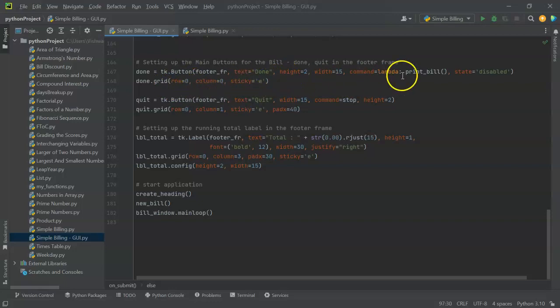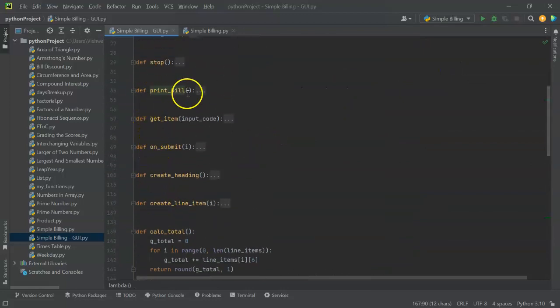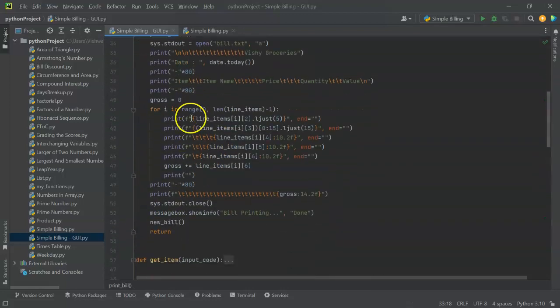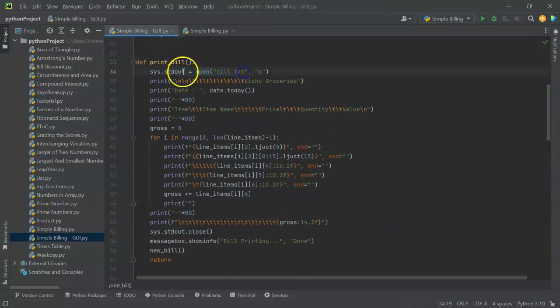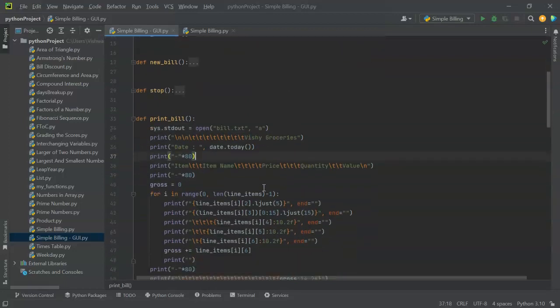So what happens? Print bill is called. So let's go to print bill and see what's happening there. So here I am standard output. That means instead of displaying it in the console, I want it to be sent to a text file, right? And I'm saying don't overwrite the text file. Keep adding to the text file. If I say W, it is going to overwrite every time. So I'm going to say A. So append, and then